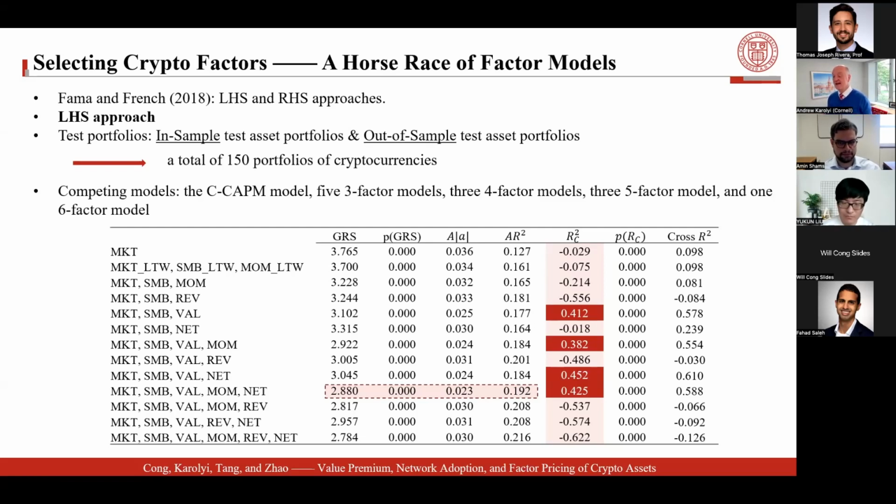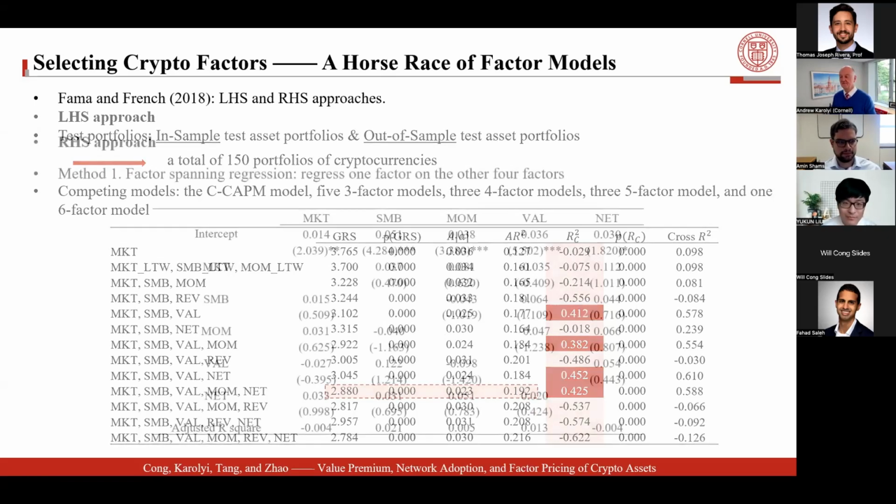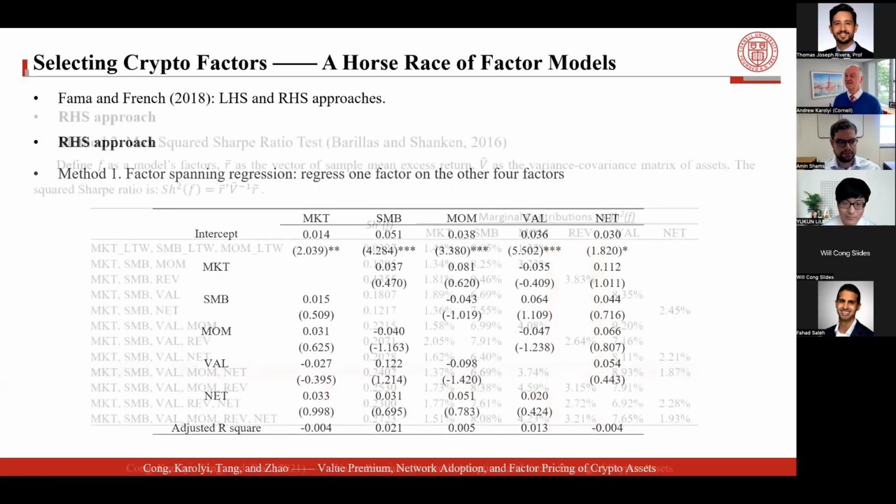And maybe, just maybe, the momentum one plays a nice role in here, even though we talked about how it's neutralized in the broader sample. It does deliver, notwithstanding that, a little more pickup. So we settle on this C5 model, which is the fourth from the bottom: market, SMB, value, momentum, and net. But we're going to keep the crypto CAPM, the first row, and also the LTW model for some of the experiments that follow.